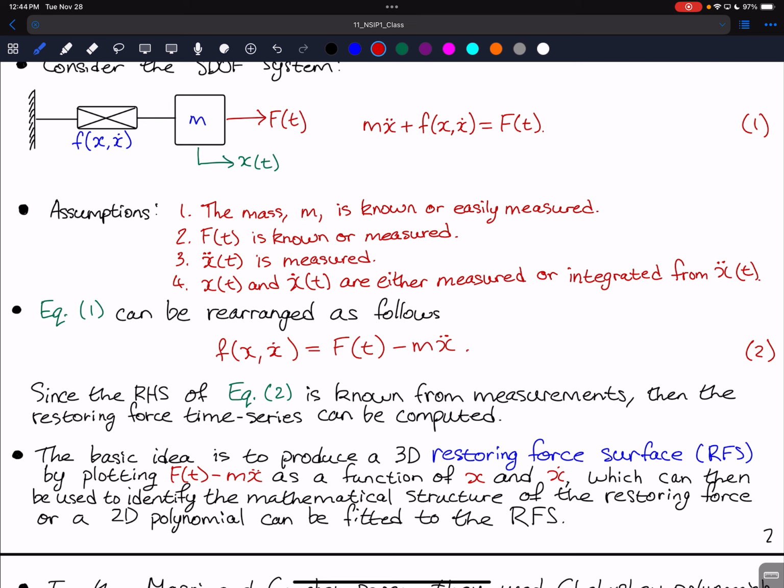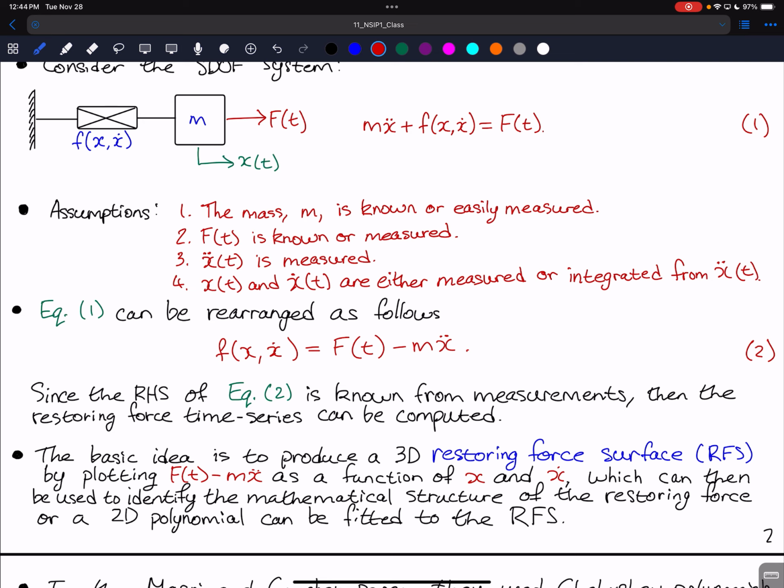And so, again, we've assumed that f of t is known for measurements, as is the acceleration and the mass. As a result, we can say that the entire right-hand side of equation 2 is known from measurements. And therefore we know this restoring force function f of x comma x dot. So the basic idea is that we're going to produce a 3D restoring force surface, or RFS, by simply